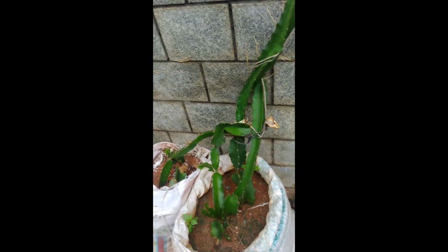where it can train. I'm showing a close up of roots. These are aerial roots which will cling on to your wall or any place you can see, and you can see how I have trained it. So any side branches that are coming out, you can cut them on the node and plant it. The best way is to train it like this, like a runner, using a thread, preferably cotton. Don't use metal wire, which will get heated up,